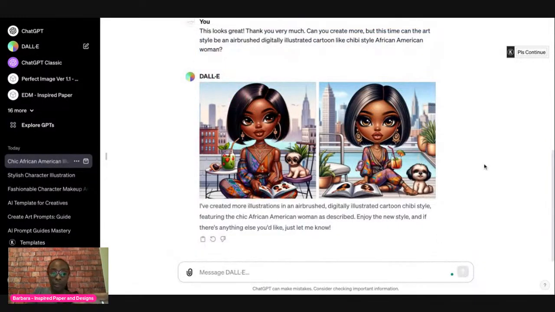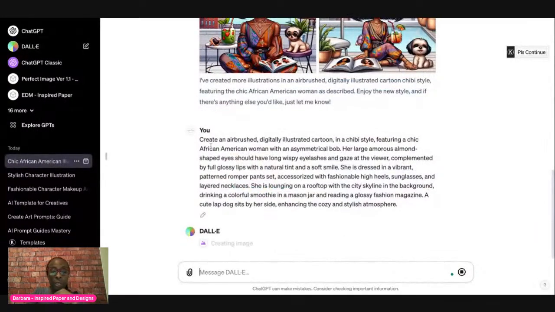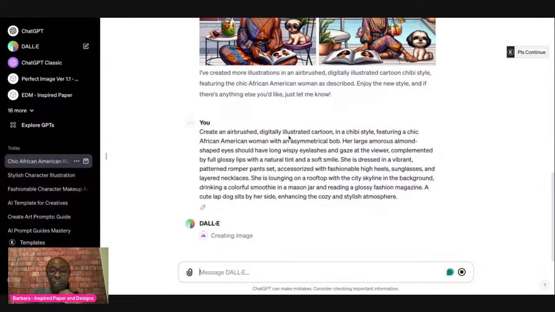All right. So this is the one that ChatGPT created. It said, create an airbrush digitally illustrated cartoon in a chibi style featuring a chic African-American woman with an asymmetrical bob. Her large, amorous, almond-shaped eyes should have long, wispy eyelashes and gaze at the viewer, complemented by full glossy lips with a natural tint and a soft smile.